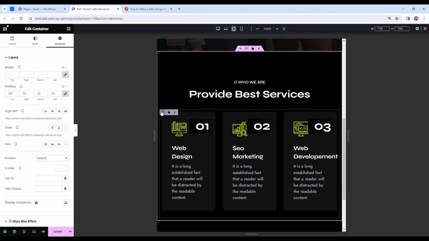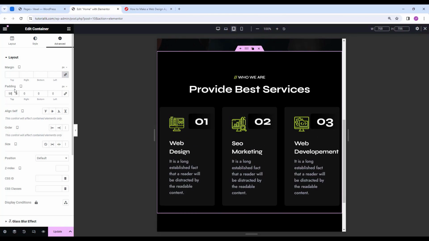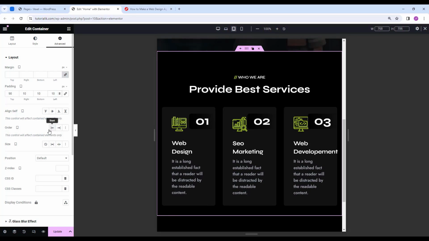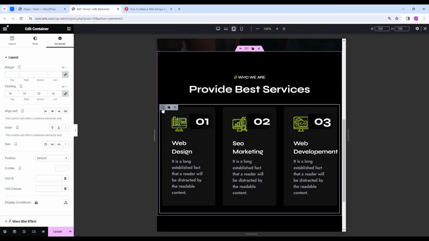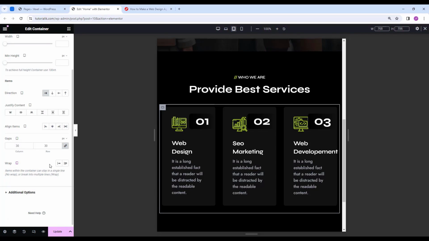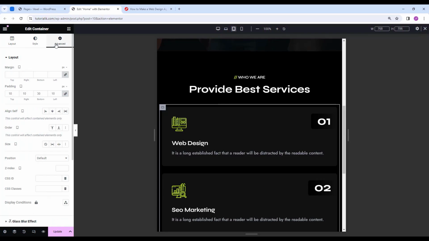So from here, let's select this section and let's edit the padding. I'm gonna make it 90 pixel, 10 pixel. Then I'm gonna grab this container where the cards is located, and in the layout, I'm gonna scroll down, and here in the wrap, I'm gonna make it wrap. Then here in the advanced tab,